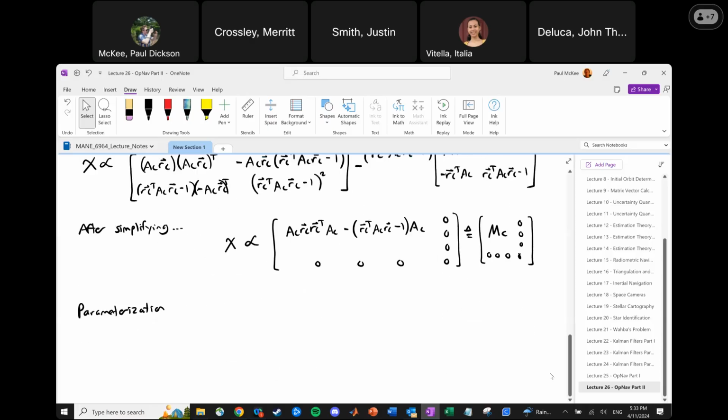Awesome. All right, parameterization of a conic in an image. We haven't really spent that much time talking about the image processing side of things yet. We've just been saying, well, you've got some limb points. Let's talk a little bit more about the image parameterization. So in general, a generic conic section